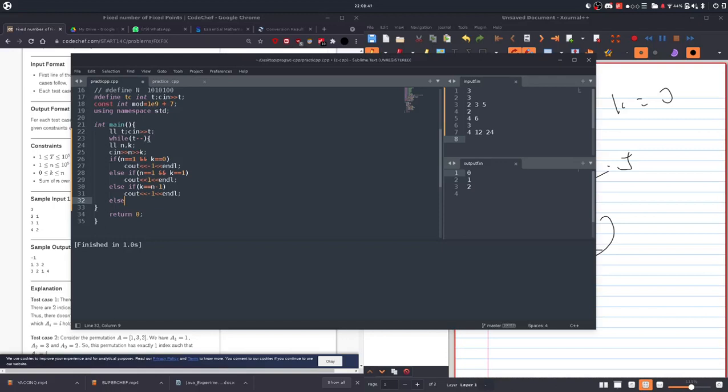Now the other condition comes, which is nothing but else here, because for all the other values, we're gonna check here nothing but a for loop, for int i equals 0. As I said, we're gonna loop till the value of k itself, and then we're gonna print out all the values of i itself.